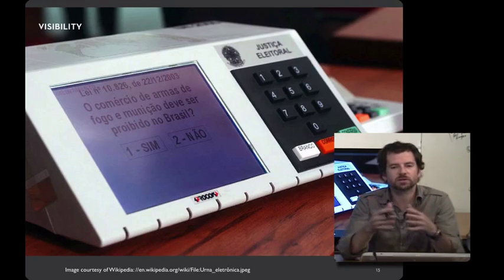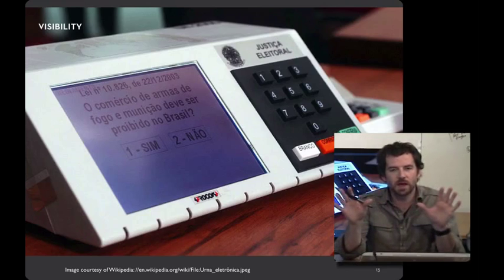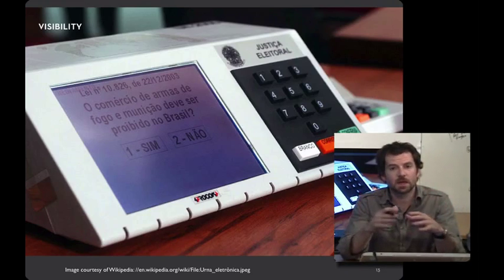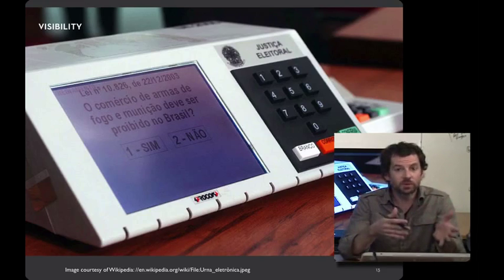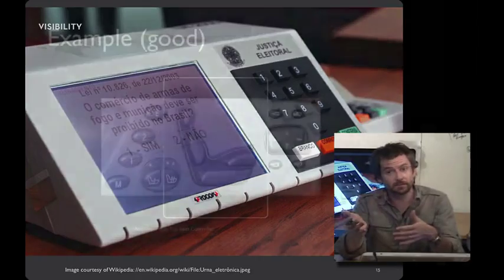And their proposed solution to this user interface problem is really clever. What they propose is that the machine print out a paper receipt of the vote that you cast. However, you don't get to take that receipt with you because that would run the risk of vote buying. Instead, that receipt falls behind a glass or plastic clear pane, and so you can see that being printed out and you can see it go into a bin. And it's stored there for the purposes of recount. That way, you can always manually verify the computer-generated tally.